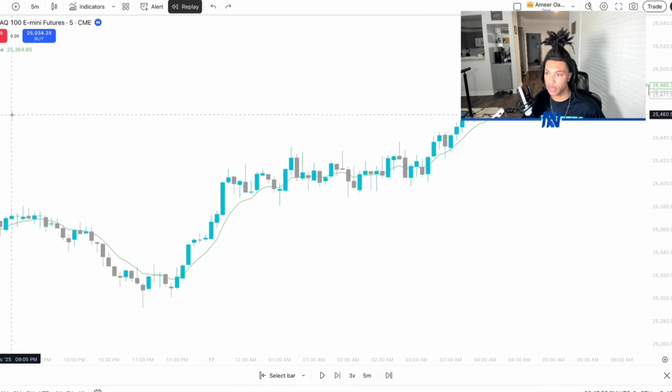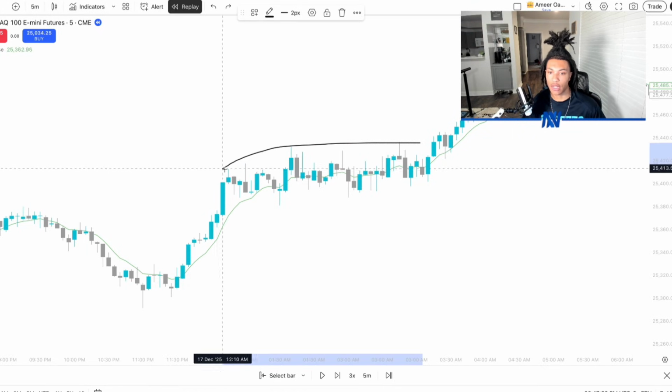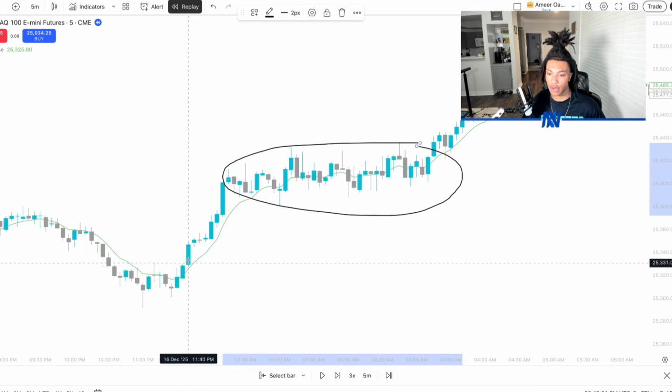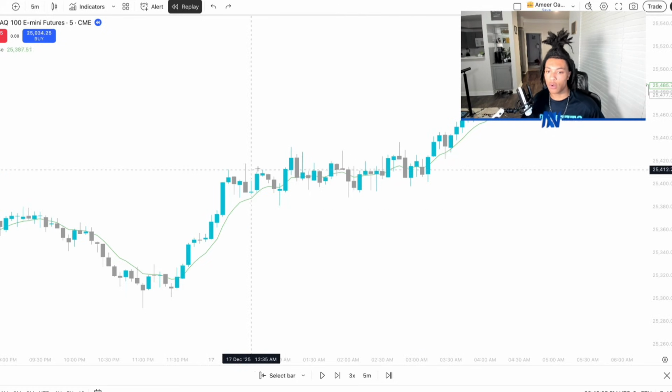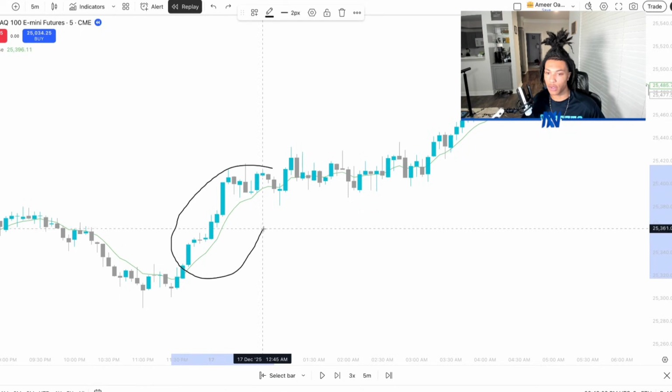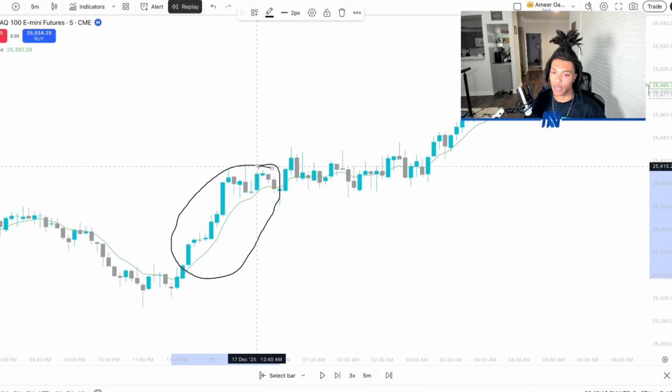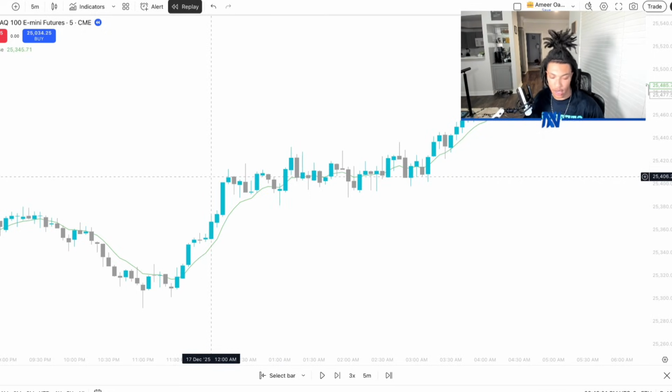So we have a trend to the upside, and it continues to the upside. But right here we have consolidation, and let's just say that you hop on the charts around this time. So if we go to the 1 hour, there will be more rejections and more trade opportunities to enter. The only thing that you have to understand is that the lower the time frame, the lower amount of tick value that you should be risking, because the trend